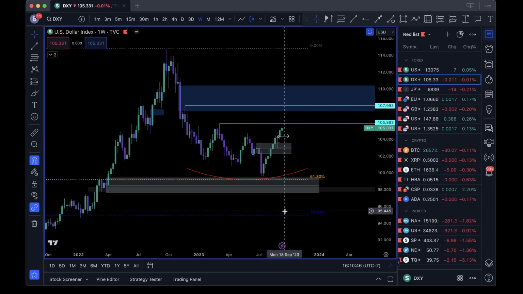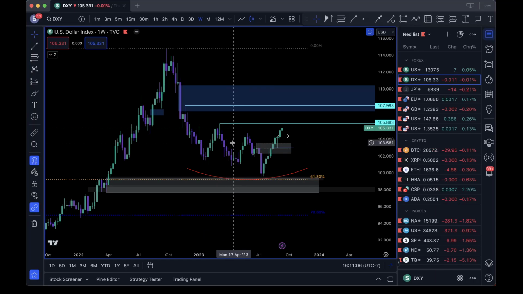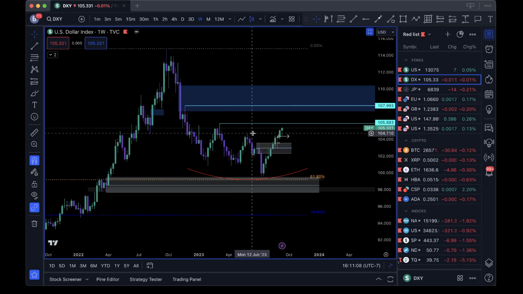Now, when I'm talking about liquidity, guys, it's simply orders or money in the market. It can be in the form of volume. It can be in the form of pending orders just sitting there. That is all we're talking about when we're talking about liquidity: money in the market. Now, when we're analyzing charts, what we mean by liquidity is a bit subjective, right? We're looking for places where we anticipate there to be orders.